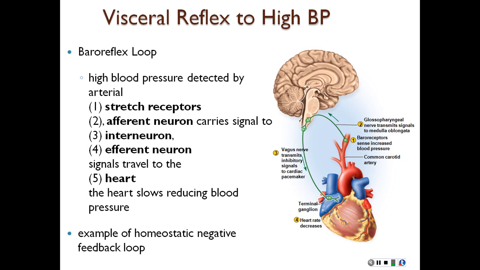One second. Let's finish this. So from the medulla, the signal goes to the heart, but what is sending it from the medulla to the heart? The motor neurons, which are inside what nerve? The vagus nerve. Okay, so the efferent or motor neurons that transmit the signal from the CNS medulla to the heart are in the vagus nerve.